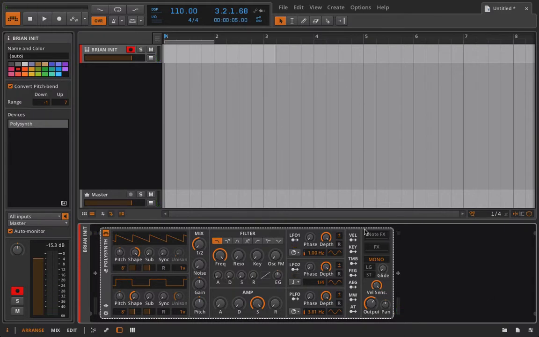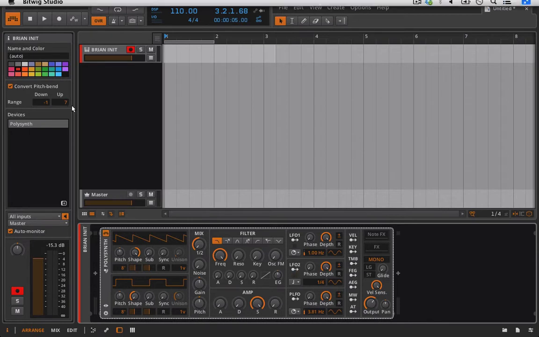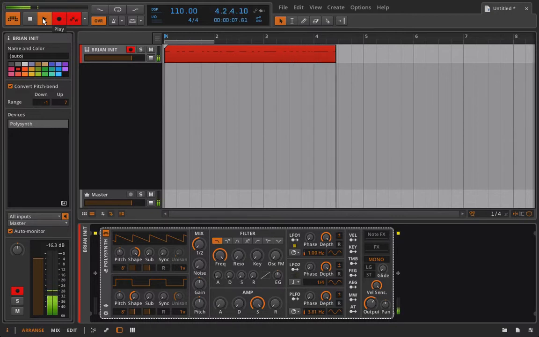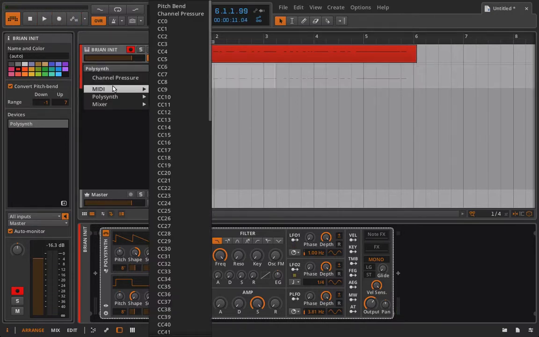And this is where you have to be super nuanced with your performing, which obviously I'm not. And now let's just record something in. Perfect. And again, if I go in here and I'm looking at my MIDI, and typically I think velocity is